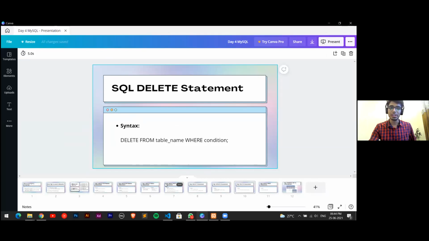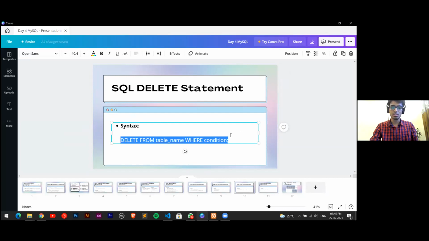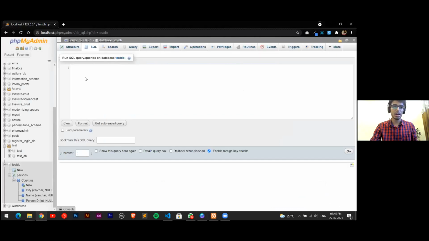Next one is the delete query. Now, if I want to delete some row, like the row which I had currently added, again the same syntax, just copy the syntax. You can even write this. I'm just copy pasting for your understanding, so that you can get the syntax over here. So delete from, again we'll go to our database, write the query over here, delete from, and provide the table name from where we want to delete the data.